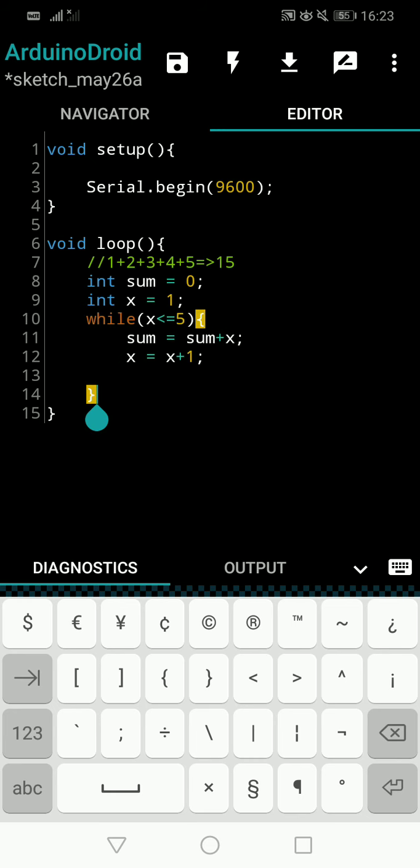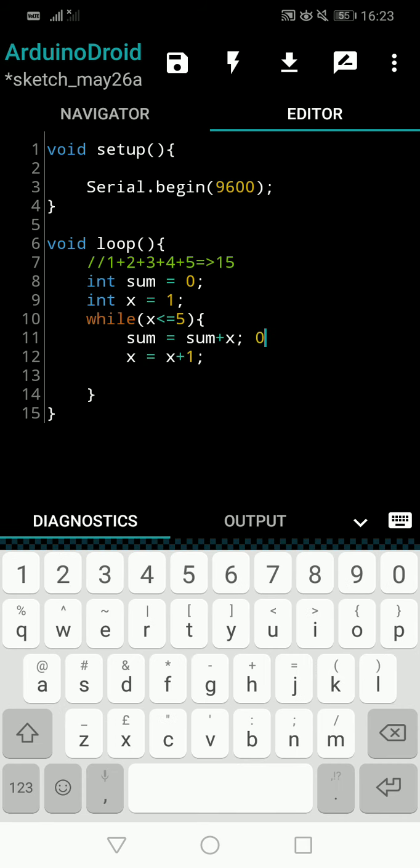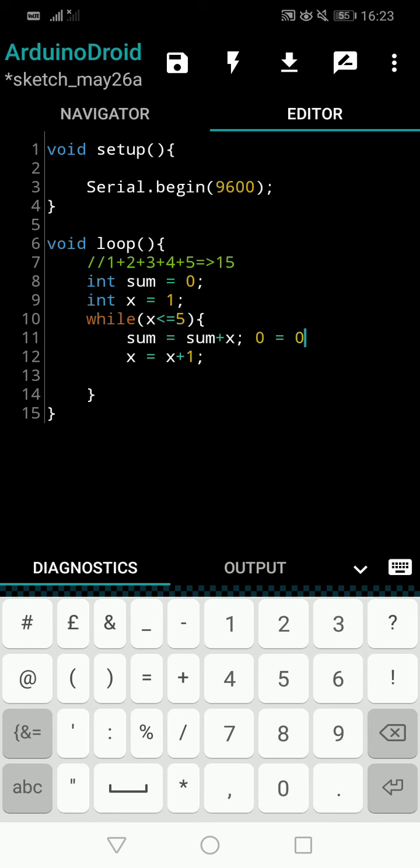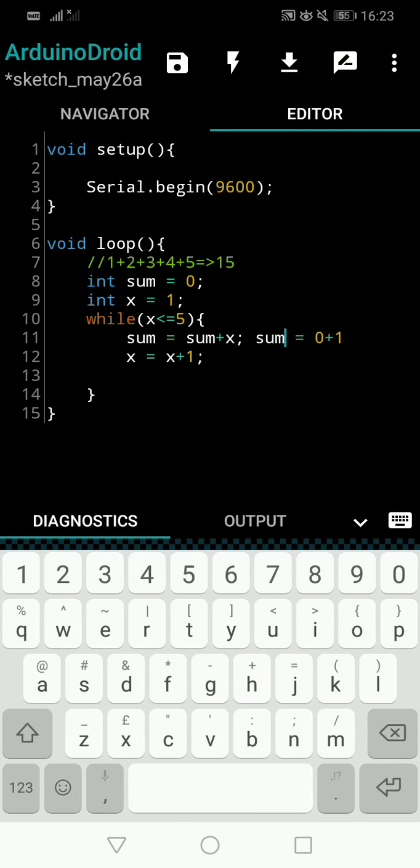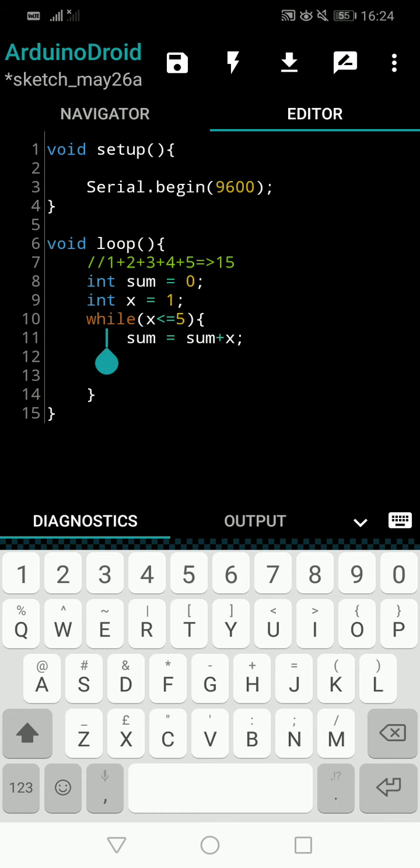So you cannot think, okay, sum is equal to sum plus x means 0 is equal to 0 plus 1. That is impossible. You don't have to think about this. The left side, we don't take the value. If you write a variable on the left side, that means we are ready to assign a new value to that variable, right? Only the right side takes the current value. So the left side sum is an empty variable that is ready to take the value, and the right side sum takes the 0 value. You get the point? The left side sum you can think of as the new sum. The same sum we are trying to give a new value. The program will understand it likewise.